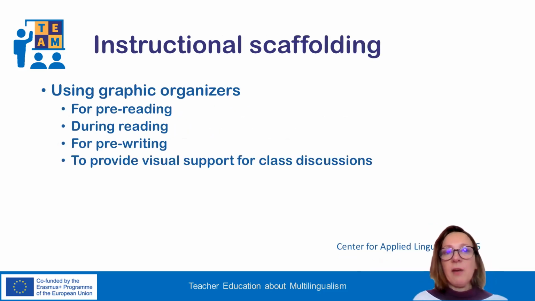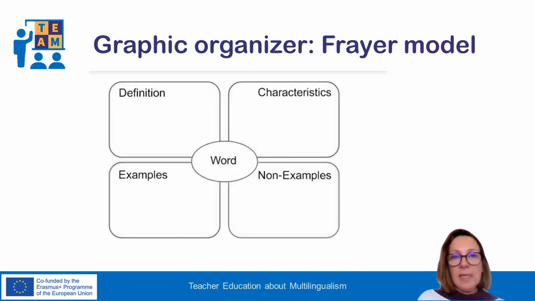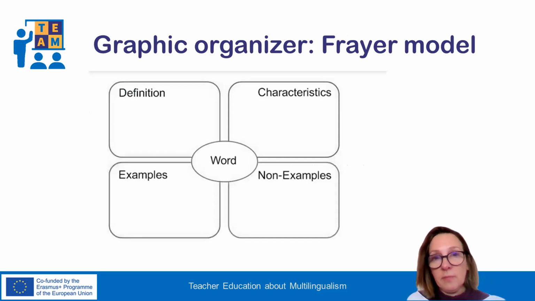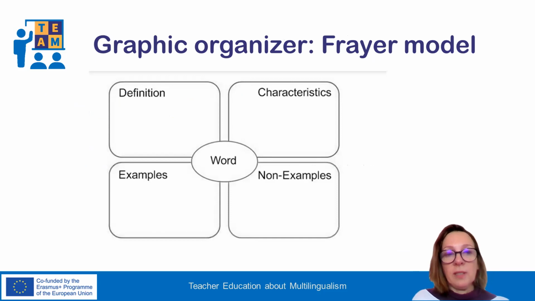The second type of scaffolding is the instructional one, and this usually includes the use of graphic organizers for pre-reading purposes, during reading, and for pre-writing, but also in order to provide visual support for class discussions. This is an example of a graphic organizer. There are various types of different graphic organizers, but the Frayer model is a very